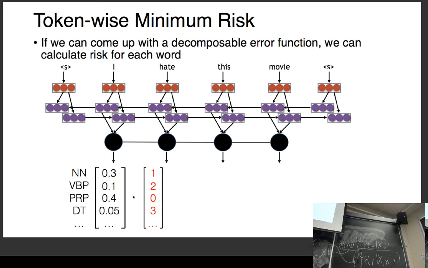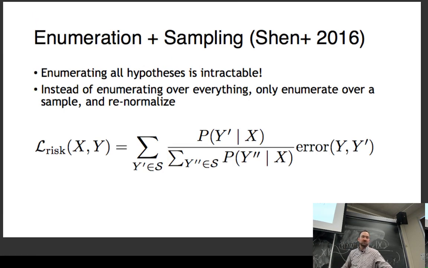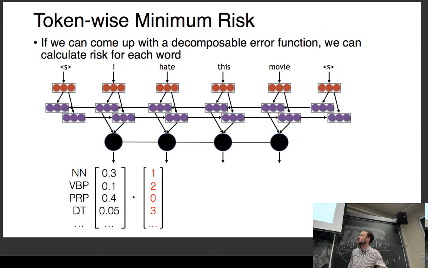People will do this without even thinking about it, like minimizing the risk. But basically, this is reweighting each of your decisions based on how bad that decision is, and this can be very useful if you have an idea about which decisions are good and which decisions are bad. You can use this in a CRF model, as I showed here. You can also use it in just a regular BiLSTM tagging model with no structured prediction whatsoever. This is good because it's definitely more efficient than sampling and stuff like this. So this is a good match with CRF style models as well.